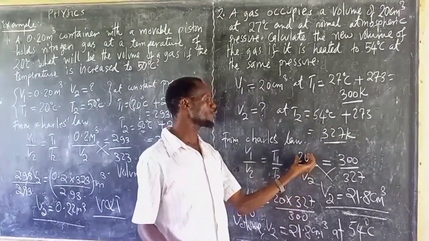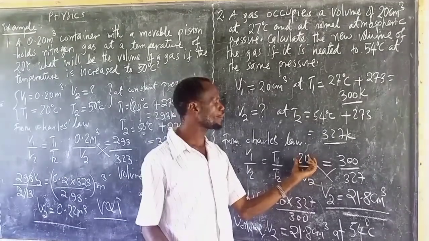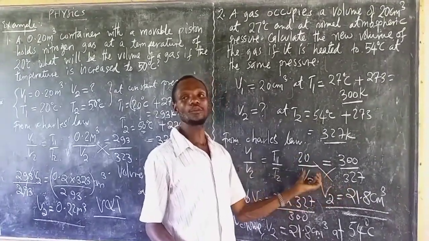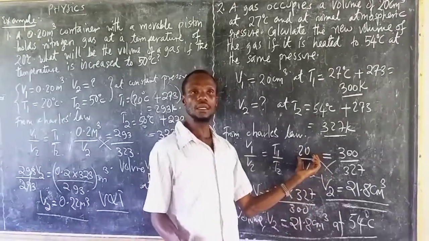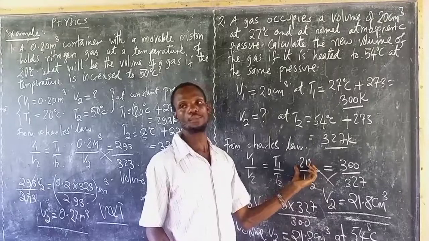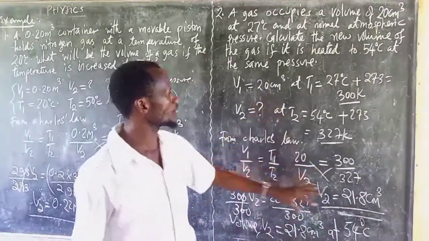Even if you are asked to find the missing temperature, remember that the temperature obtained is in Kelvin. Then you have to convert that Kelvin into degrees Celsius by subtracting 273 from it. So this is all about Charles' law and its application when solving the